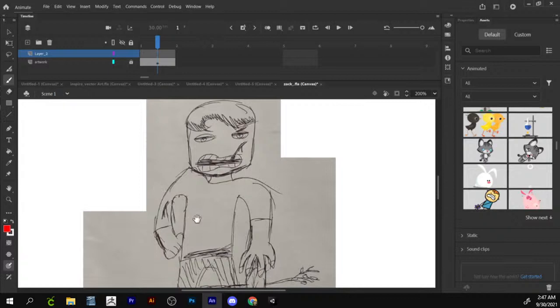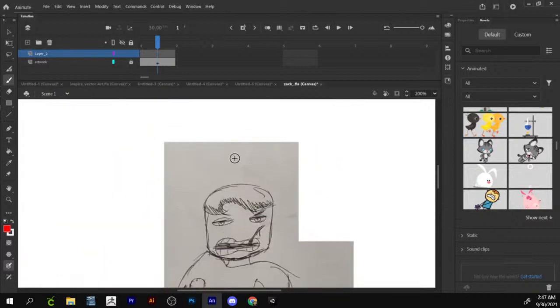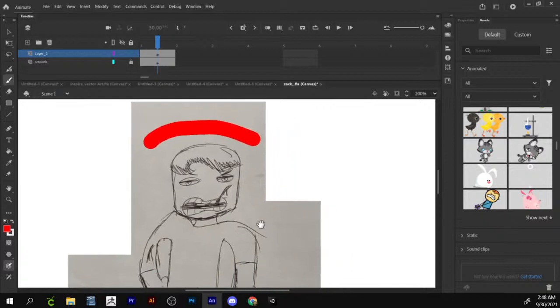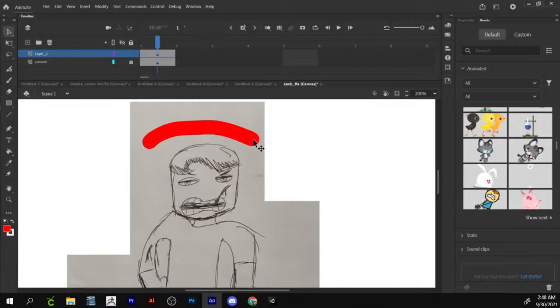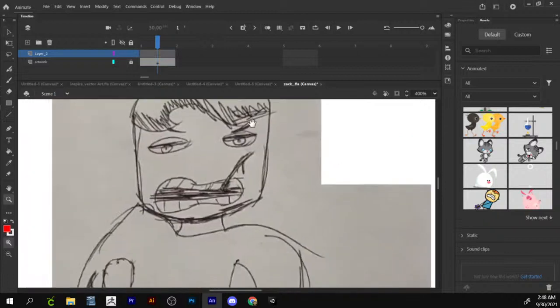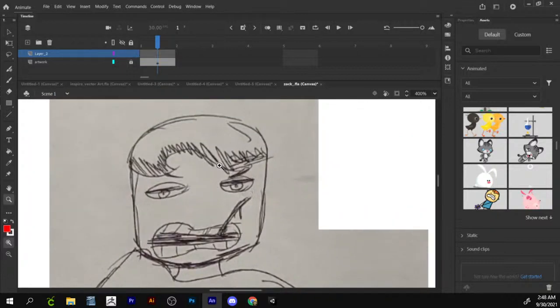Okay, so we added a new layer, and now this is the cool thing that we can do in Adobe Animate. So right now I'm just using my mouse, and I have the Paintbrush, the classic brush tool selected, and I can just do a basic stroke like that. Now the cool thing about Adobe Animate is that you can take this stroke and kind of edit it however you like. So you can do some really creative stuff with this. So let's focus on the head first. I'm going to show you two ways that we can do this. So the first way is